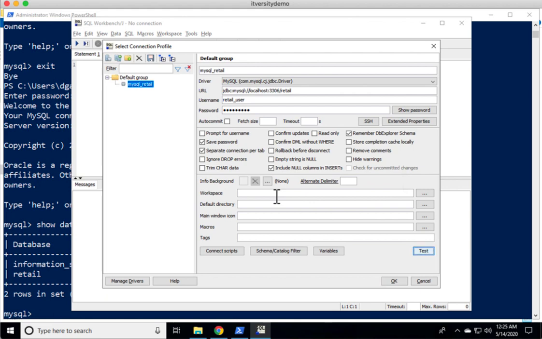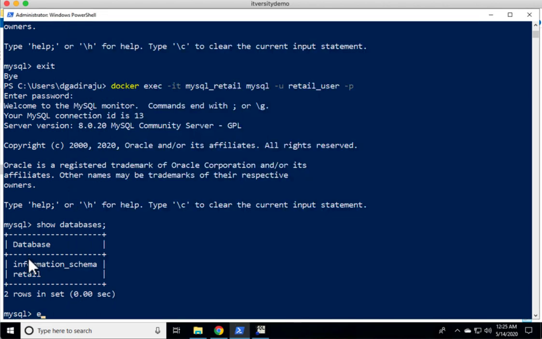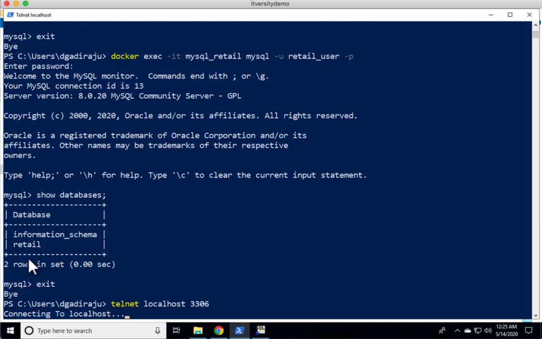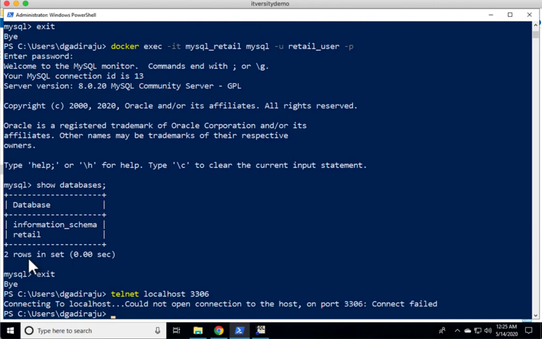Once you double confirm that all the information is correct, now you can actually validate by using telnet. You should be able to say telnet localhost 3306 because this is the information which we are trying to use. Something is blocking us, that's why we are not able to connect to the database that is running as part of the Docker container.